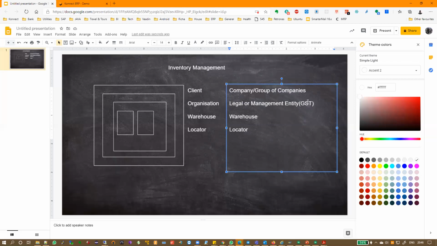A warehouse can be a warehouse or a storage location, or it can be a virtual warehouse also. The beauty of our ERP is that we do not differentiate a physical warehouse and a virtual warehouse. Both are treated in exactly the same manner.